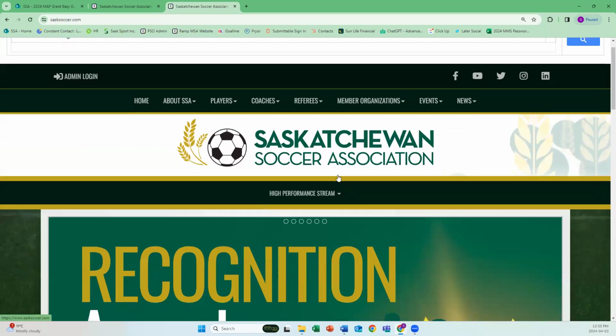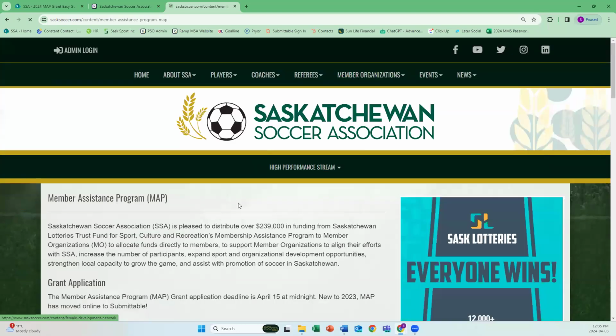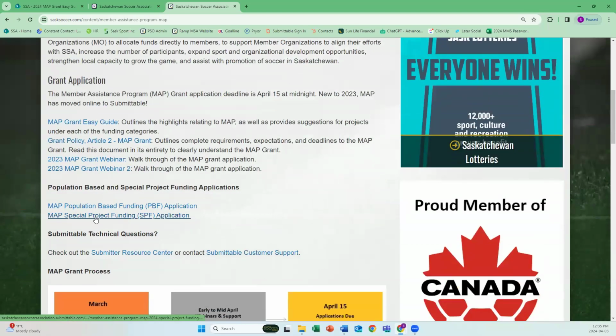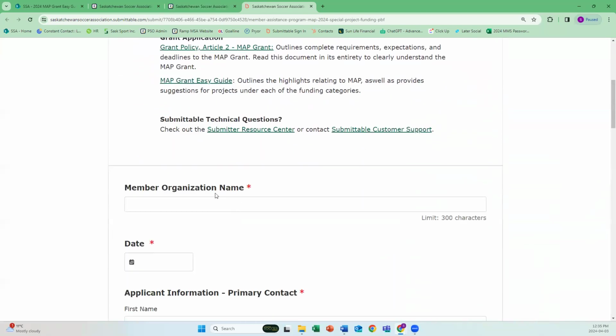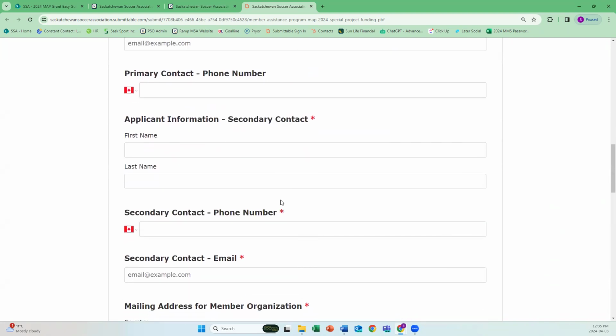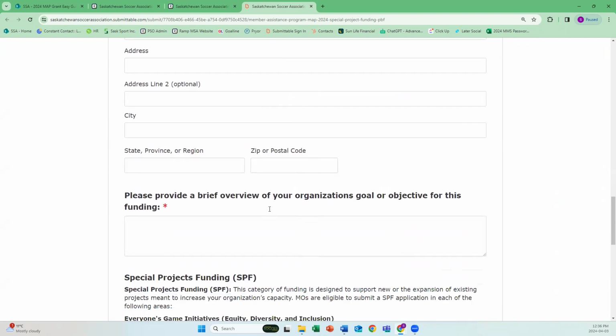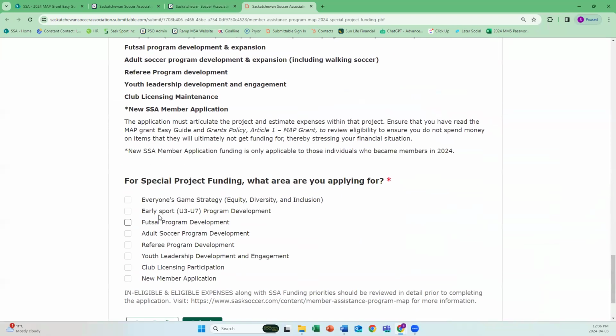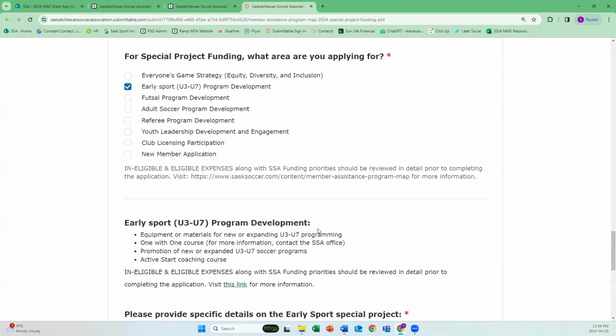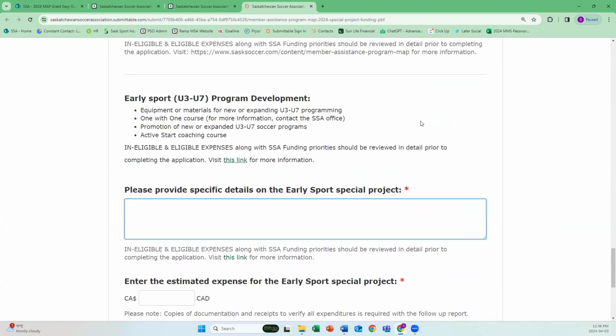Now I'll return back here. I'm going to go back into special projects, and it's set up the exact same way, inputting that information. Down here, it's going to show me the list of special projects. It's going to ask which ones I want to apply for. So say I go with early sport, the jamboree for the community